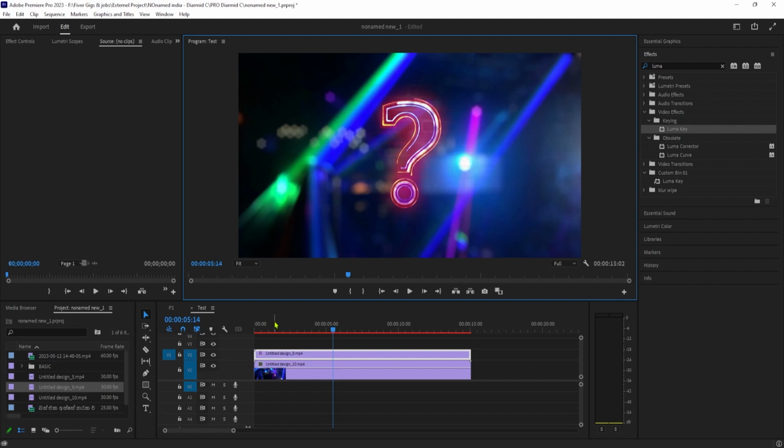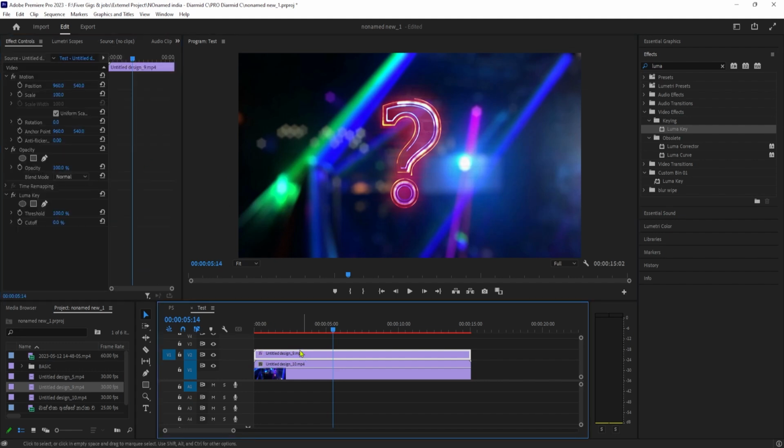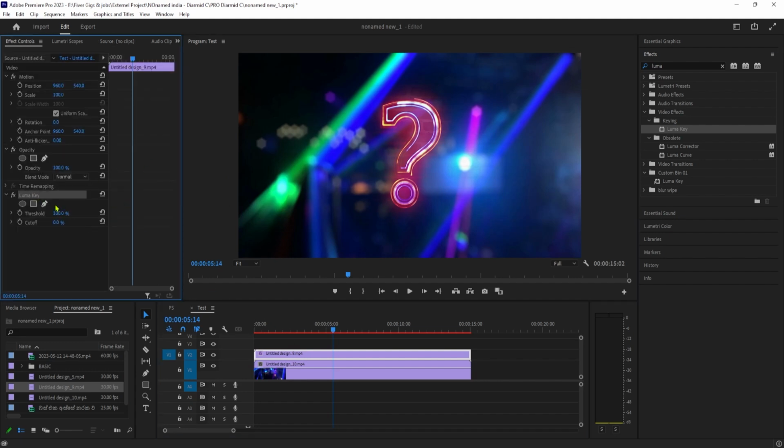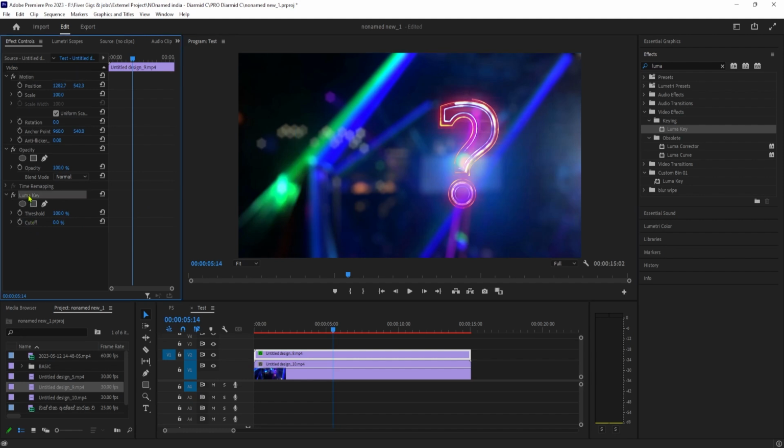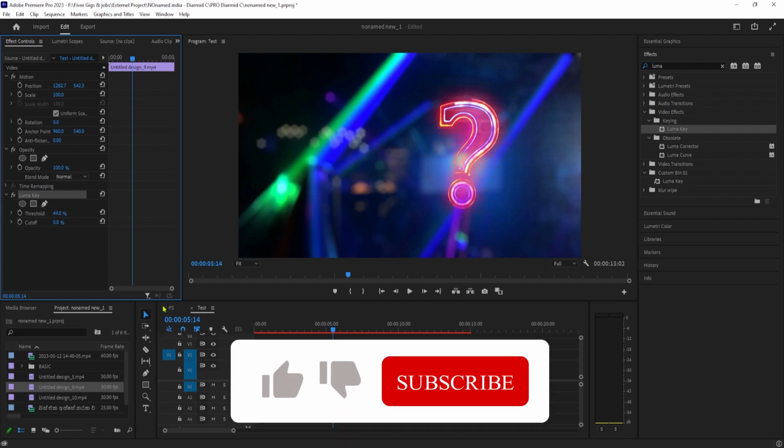So to adjust it, make sure your top clip is selected and go over to effect controls in here under Luma key. Adjust the threshold to bring back or take away some of the darker colors. You can also play around with the cutoff, but I think it makes mine just look jagged, so I'll leave that alone. Okay, now when I play this back, I have my neon symbol without its black background,